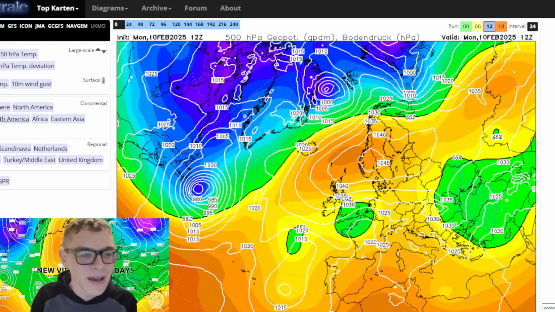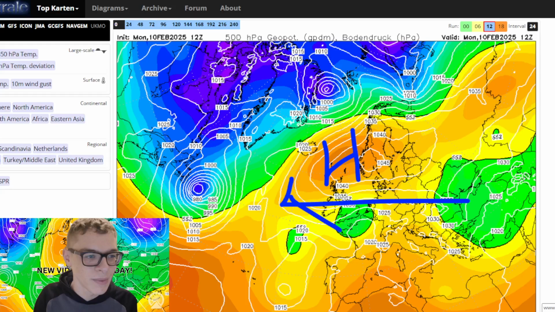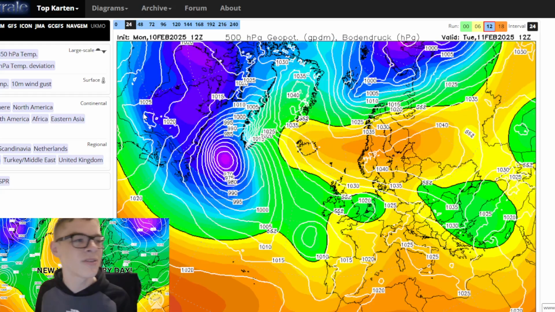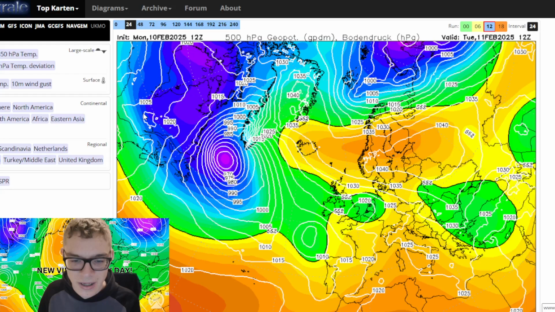Anyway, we're going to start off with the ECMWF charts. So at the moment, we have high pressure centered towards Scandinavia, bringing in a chilly easterly wind. Some areas of high ground have seen some snowfall as well today. Lots of areas seen cold rain. 3.4 degrees here at 8, and yeah, it's raining.